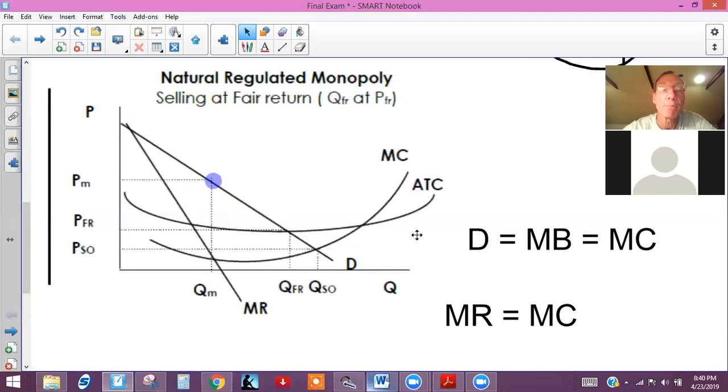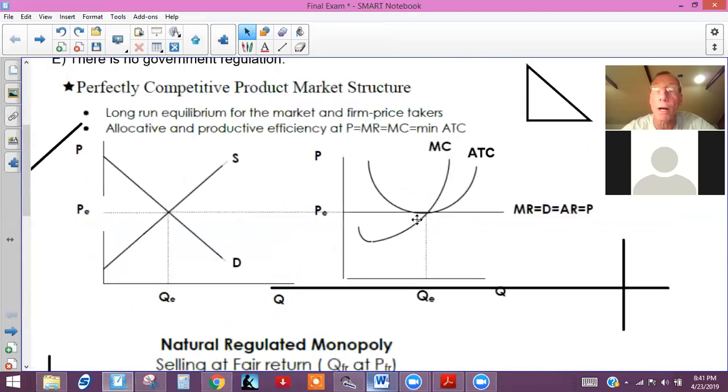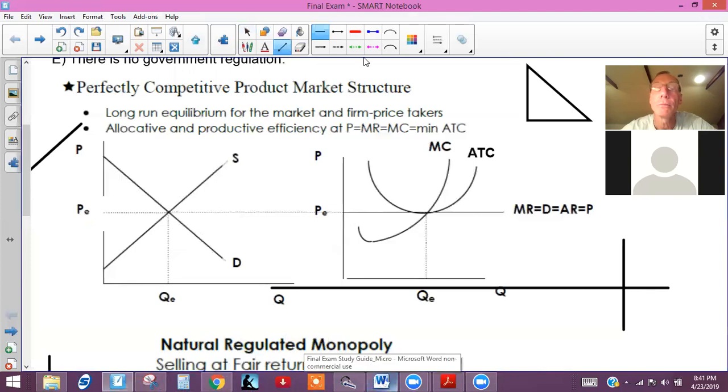But in a perfectly competitive market, they don't have any control over the price, right? They can't lower the price in order to sell more. That's one of the big differences. A perfectly competitive firm can't lower the price to sell more. Theoretically, what would happen in a perfectly competitive market, let me just jump back over. If this firm lowered the price to here,